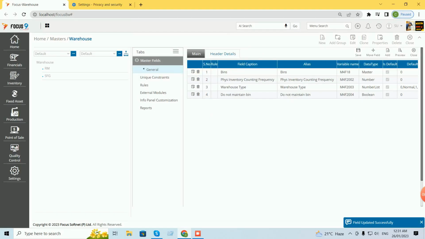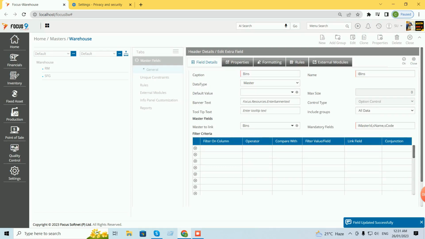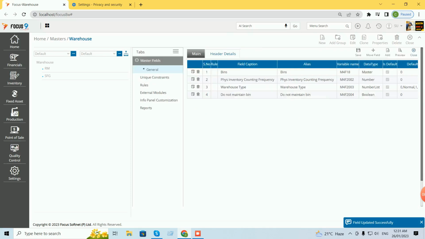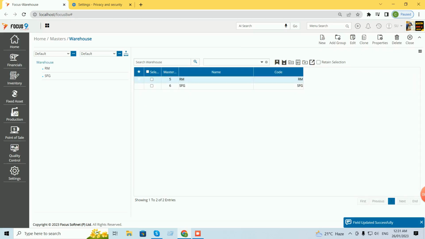There is one more setting you have to do here. See, here you have include groups. Here you have to select all data. If you select all data, then only you can see the group names. Once you are done with that,